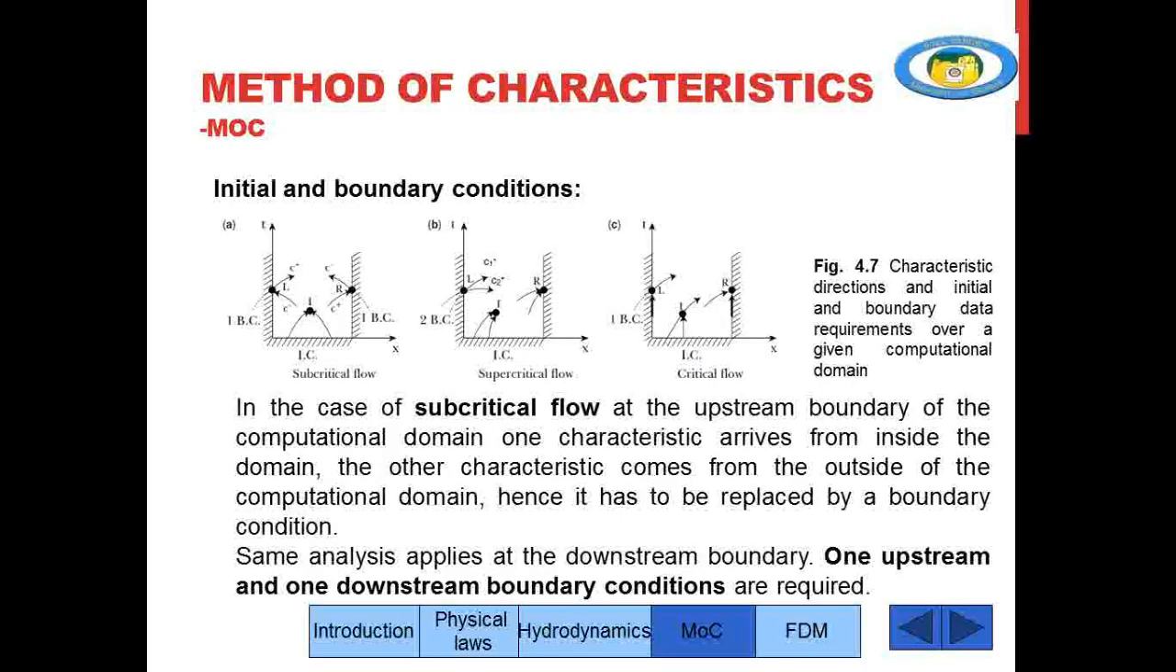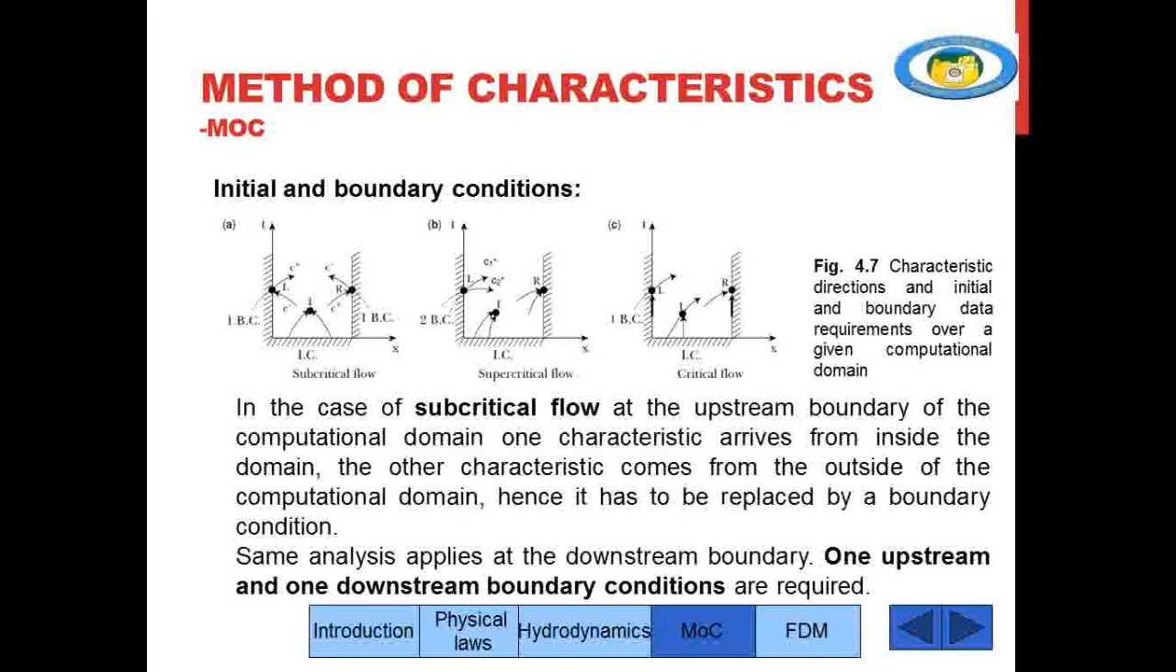So this has to be replaced by a boundary condition. At least one boundary condition is formed upstream. If you look at the right side, at point R, for the case of subcritical flow,